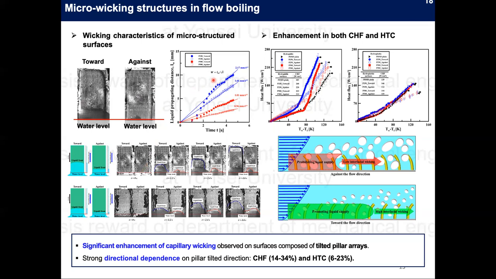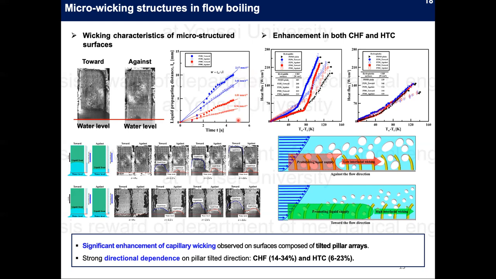According to Washburn's equation, the wicking characteristics can be determined by measuring the wicking length as a function of the square root of time. As you can see from this figure, we can find that the wicking velocity increased when the pillars tilt towards the direction of liquid propagation, compared to those surfaces against the flow direction, by 32 and 64% for surfaces with spacing of 250 micrometer and